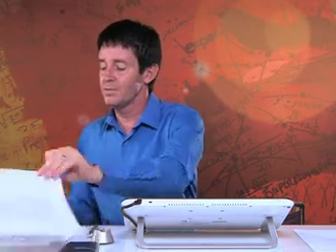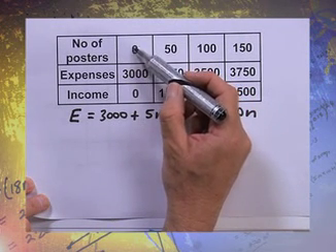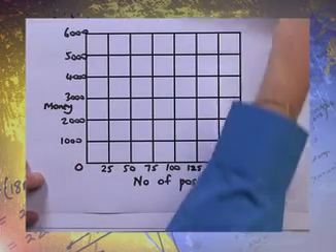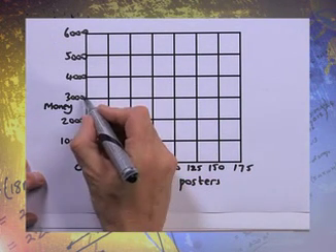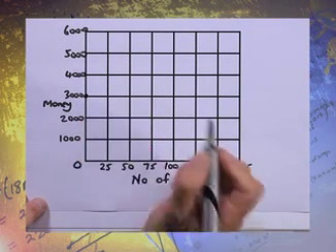Okay, now what do we do to represent this graphically? Easy. Let's start with the expenses. Okay, let's see what happens. Well, if we go to the sheet of paper, let's start. If we look at naught, no posters, the expenses are still 3,000. So we go to the graph paper. Look here. At naught, okay, the expenses are 3,000. And what I'm going to do is I'm going to put a dot on 3,000.